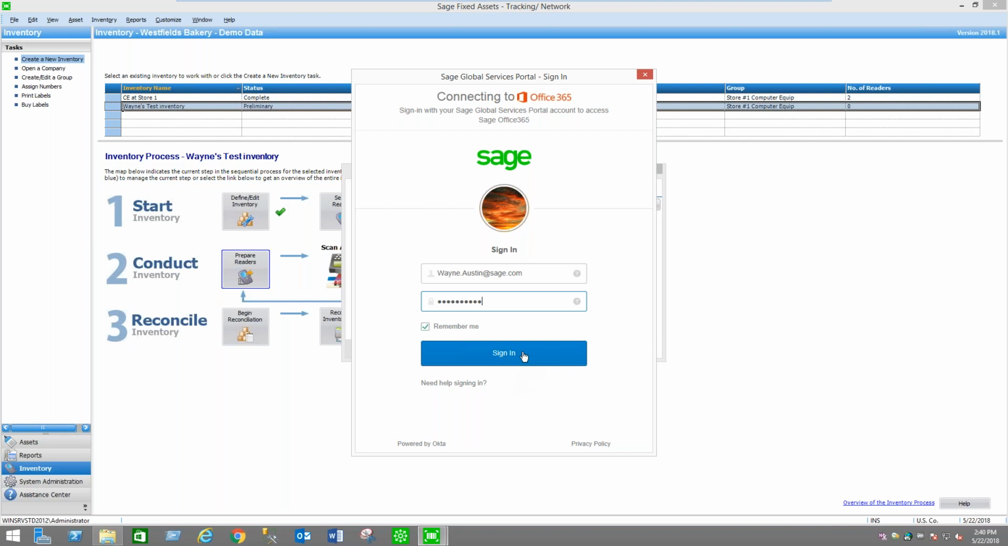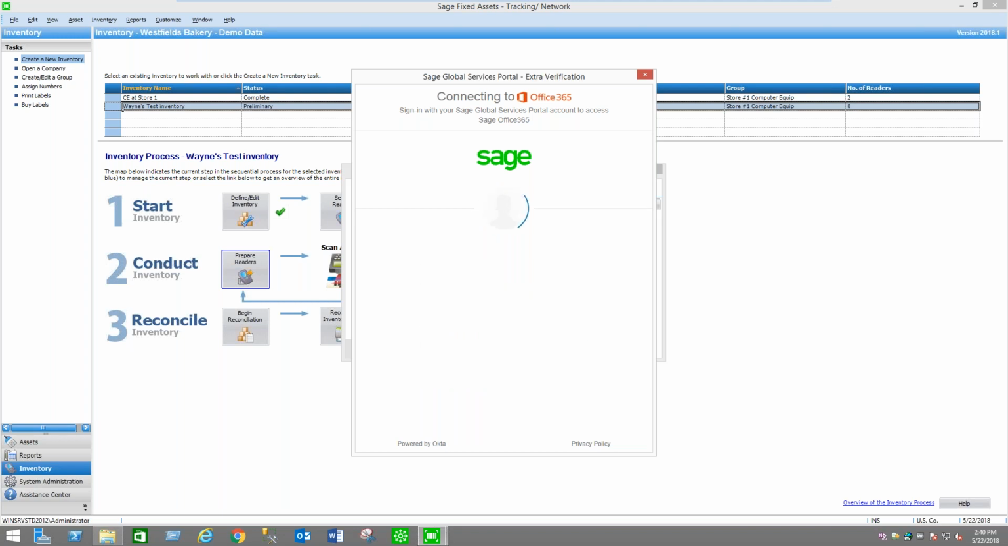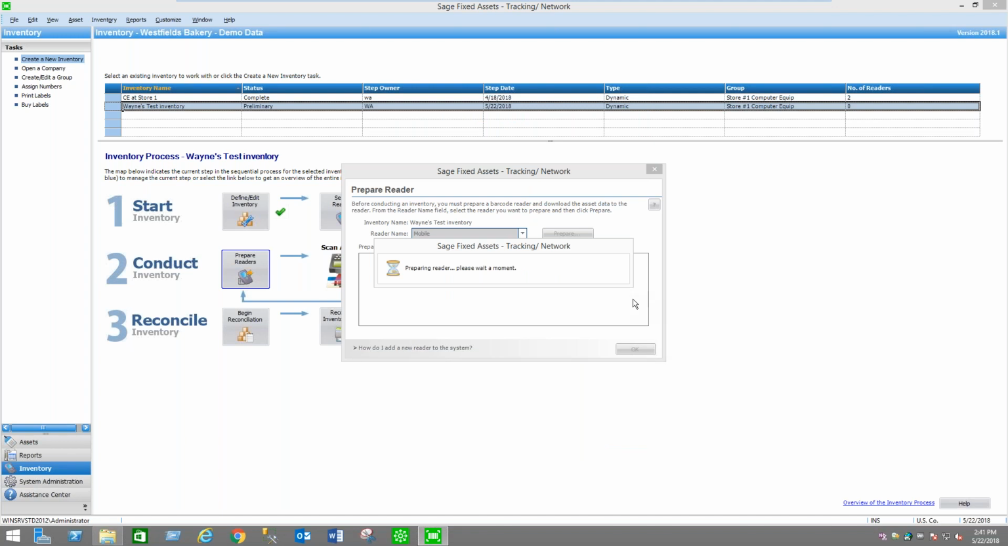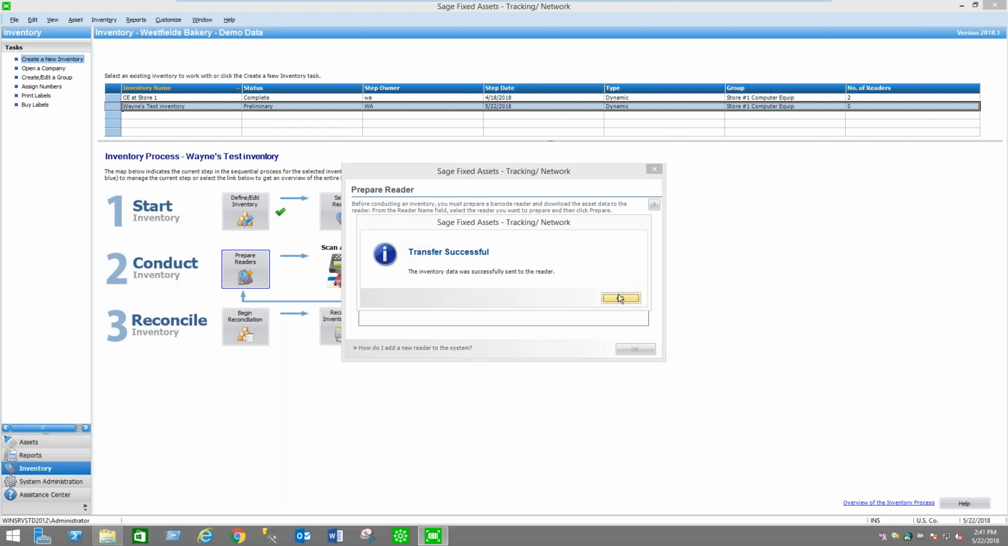Now, there are some new traditional handheld scanners that are coming out that will support various operating systems, including Android OS, so that will also be an option as well. And I'm using two-factor authentication. So now that inventory list has been sent out